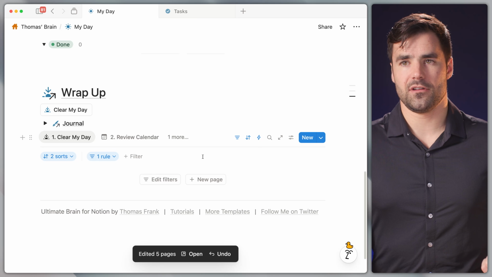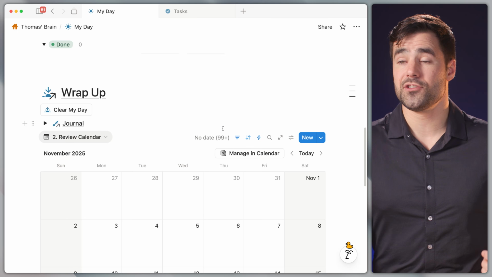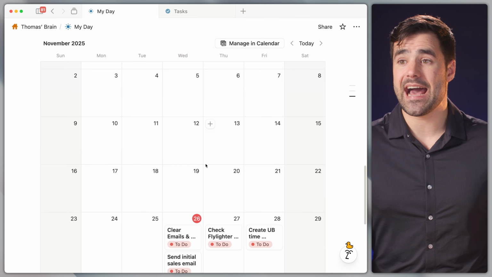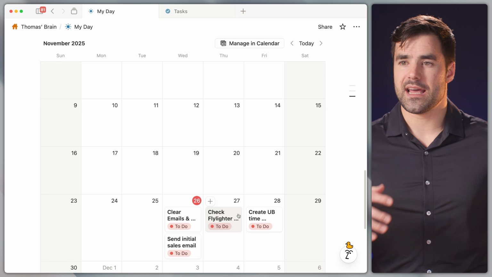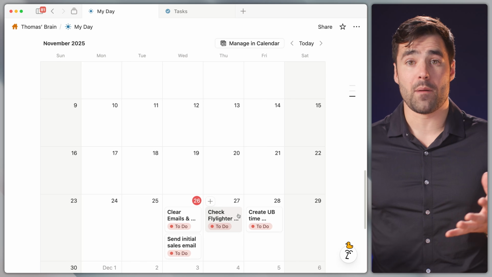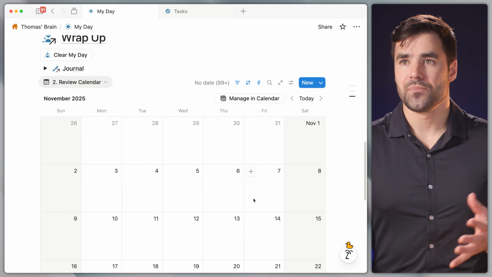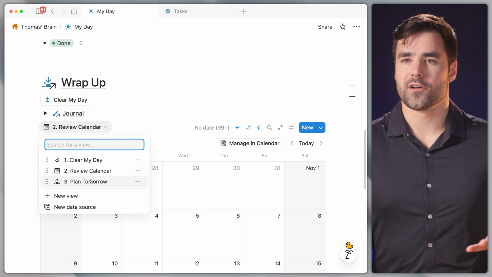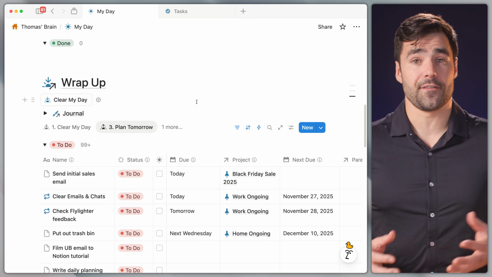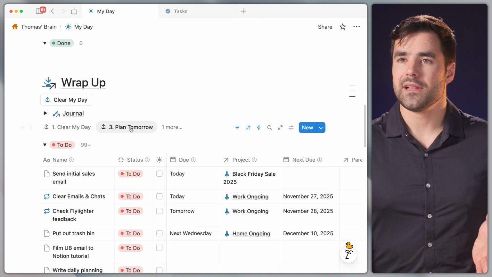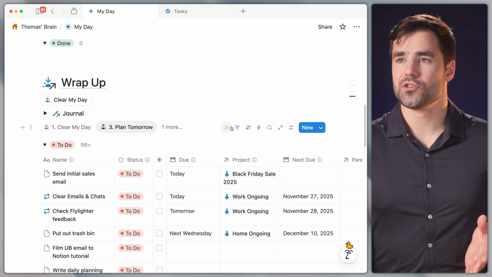Now I've added a couple of additional views here. One is a review calendar. This just shows any task that has an actual due date. I can sort of like prime my brain at the end of the day for what might be actually due, might actually have a deadline tomorrow. And then this may be most important for sort of calming that anxiety around tasks that I've cleared from my day. This plan tomorrow view is sorted